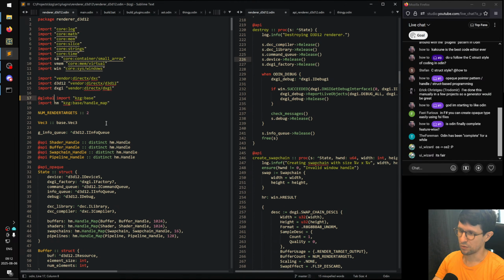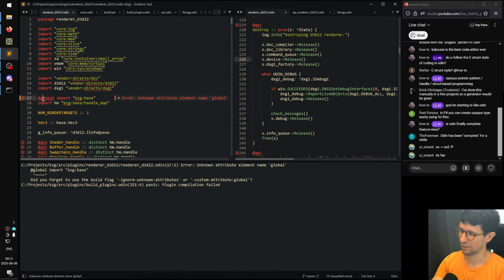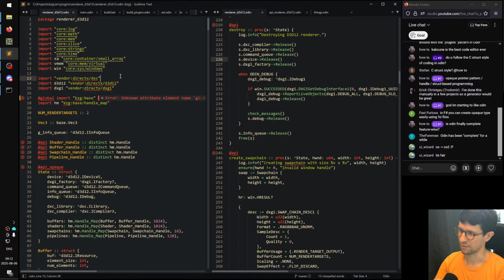It's a global import. Is global a reserved keyword? I don't know. No, it's okay. Maybe splat is better because it splats it into there. But splat is also a bit like,